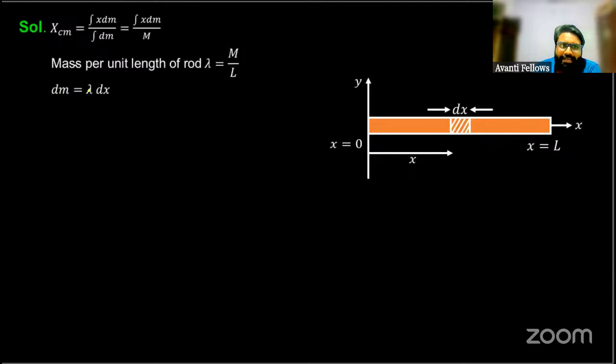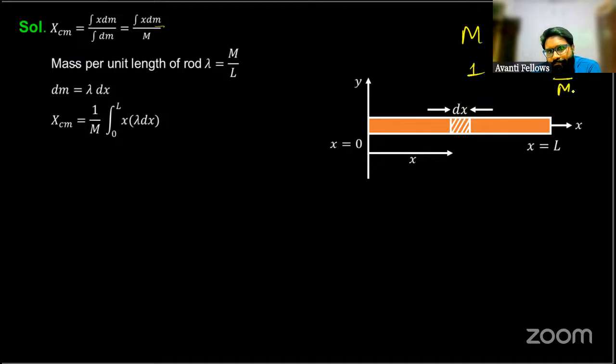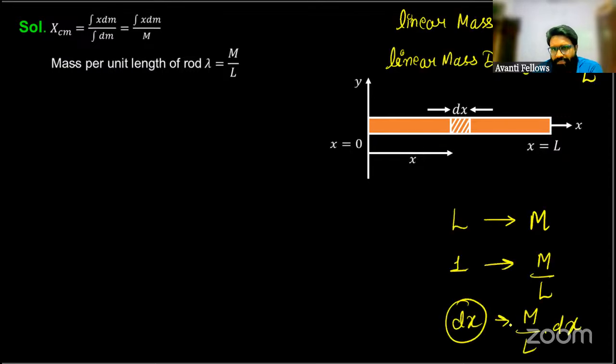So we can write dm as lambda into dx. When you put the value in this expression, तो dm मास पे क्या होगा देखो, एंटायर लेंथ L पे कितना मास डिस्ट्रीब्यूटेड है, capital M. And you can reverse it: capital M mass is distributed on L length, so one mass is distributed on L by M, and dm mass will be distributed on M by L into dx. ऐसे भी कर सकते हैं, और you can write in terms of dx also, that I have shown in the previous one. ठीक है। तो dx लेंथ पे कितना मास है, M by L into dx, क्लियर।